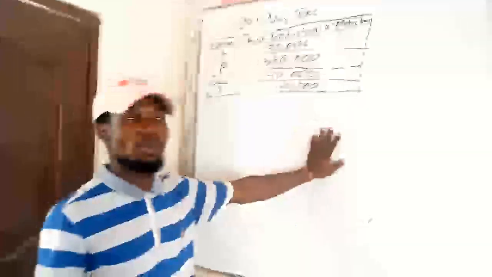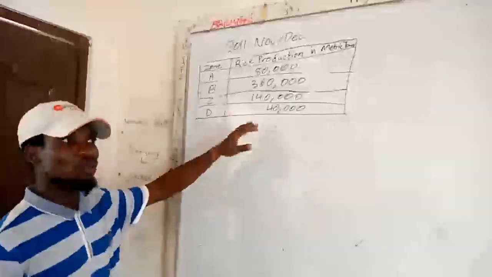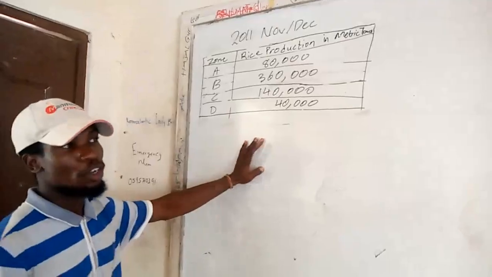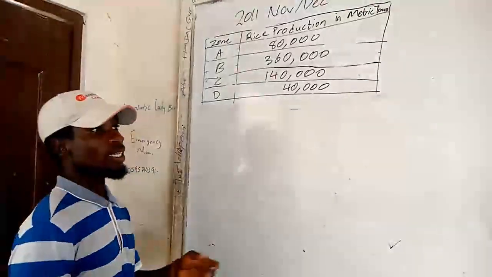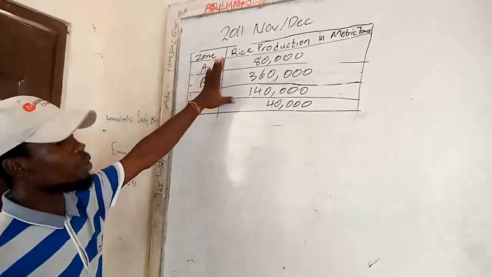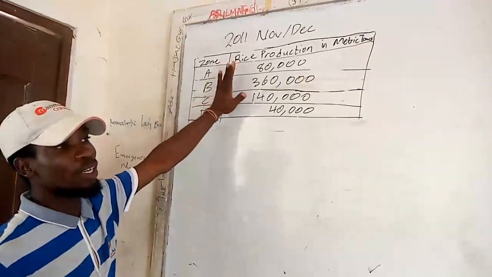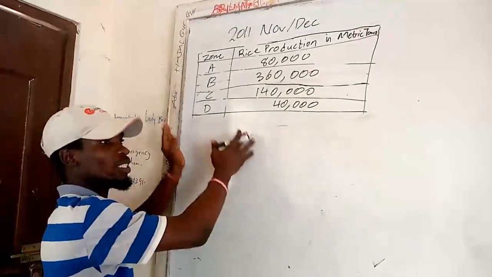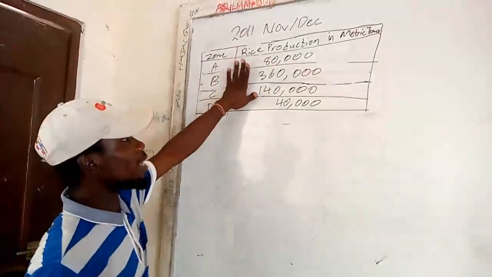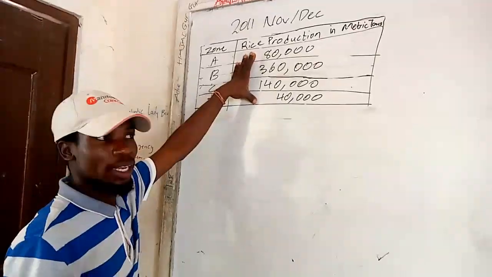Now that you are done with proportional circles, let's look at dot maps. Dot maps are much simpler than proportional circles. Let's see how. With dot maps, when you are given your data, it can be in list form. You have to tabulate everything, and after you get your table like this,